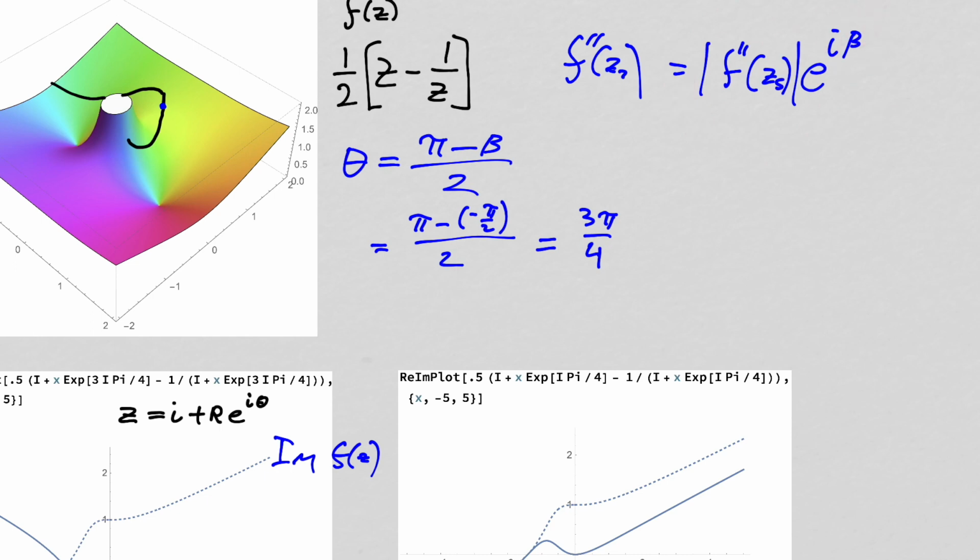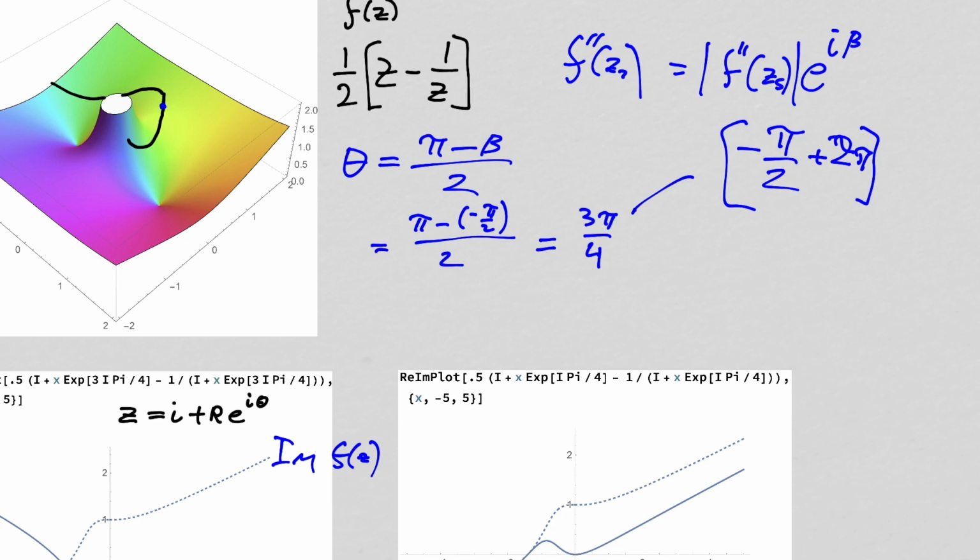However, beta has an ambiguity to it, right? We calculated beta was minus pi over 2, but we could also make it 2 pi larger than that or 2 pi smaller than that, right? Because you have that choice. Beta plus 2 pi is going to give you the same ultimate polar answer. But if you do that substitution, if instead of minus pi over 2, you wrote minus pi over 2 plus 2 pi, right? This would end up being